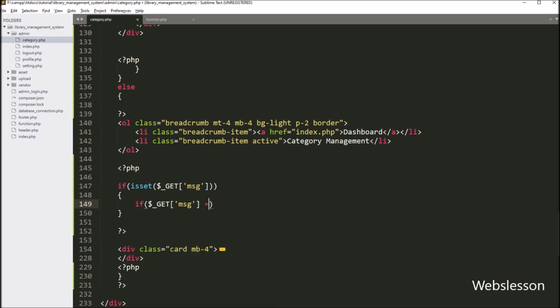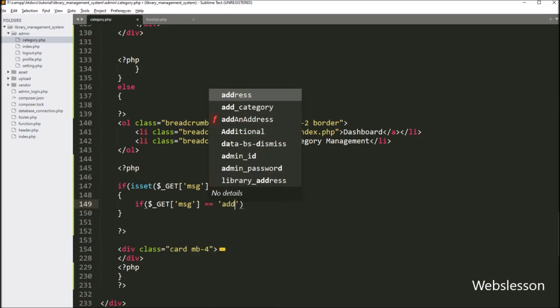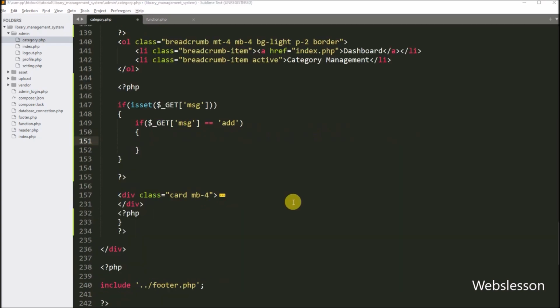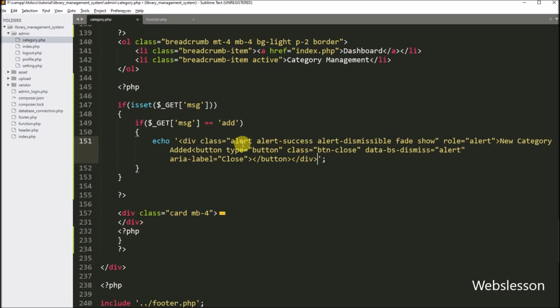If this condition is true, then it will execute the if block of code. Under this block, we have written a PHP echo statement, and then pasted this HTML code, so it will display the new category added success message on the web page. So here our code is ready.